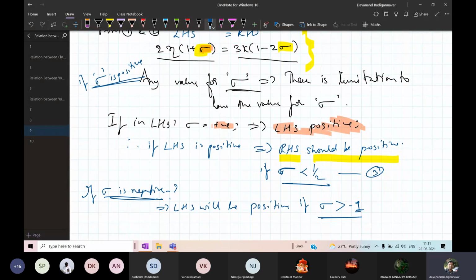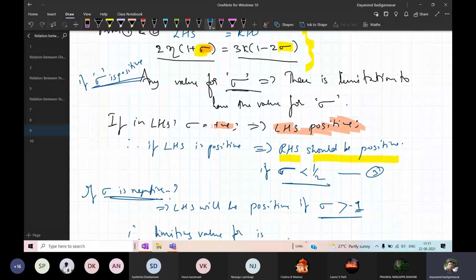It should not be greater than -1. I would take it as less than -1. Okay, it should be greater than -1. If it is lesser than this value, then this becomes negative. This also becomes negative. So therefore, the limiting value for sigma is